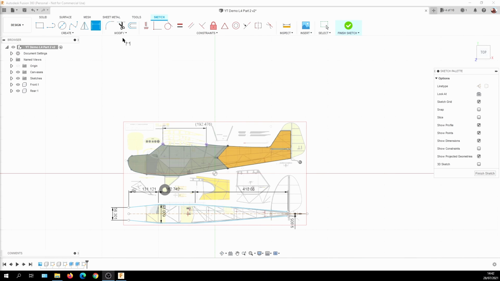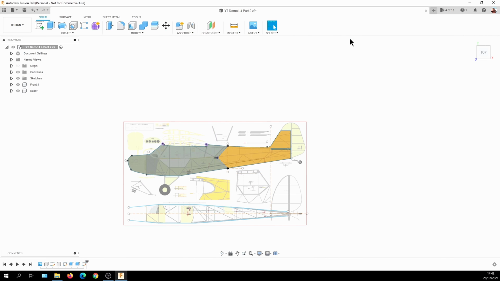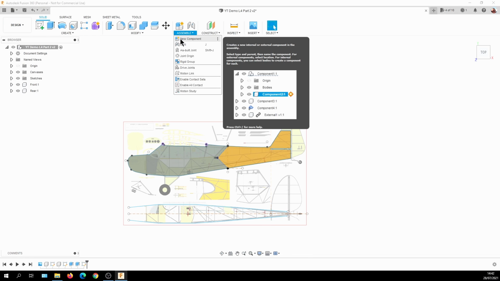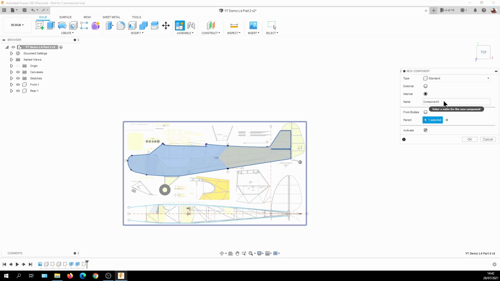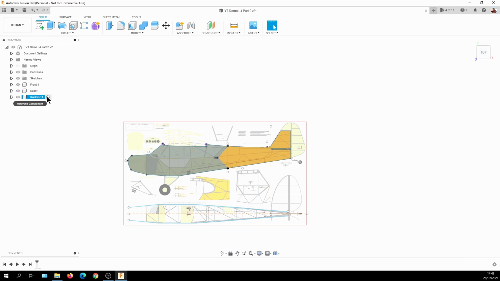We're still in Sketch here, aren't we? Let's come out of Sketch from the last section. Right, so what we're going to do is assemble a new component. I'm going to call this one Rudder. And then it should be activated, but I just like to double check. So now we've got the rudder